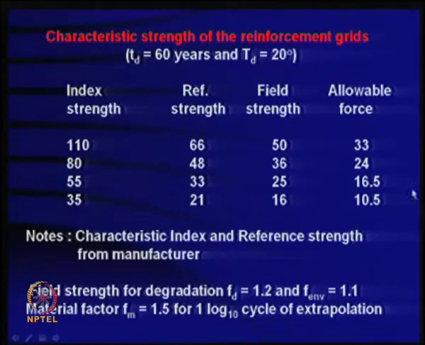So, once you have all these factors, these are all the important numbers now. Normally these will be given by manufacturers, and you should get all these things from the manufacturer literature. In fact, one should do tests also. For example, if somebody says 1 ton is the index strength, you have to measure it in the lab using a tensile test. We discussed various types of tests one should do, and these things are very important in quality control, and we should also check some of these factors.